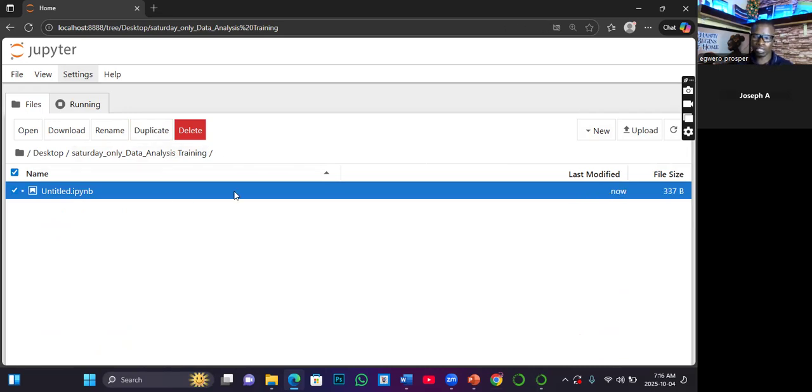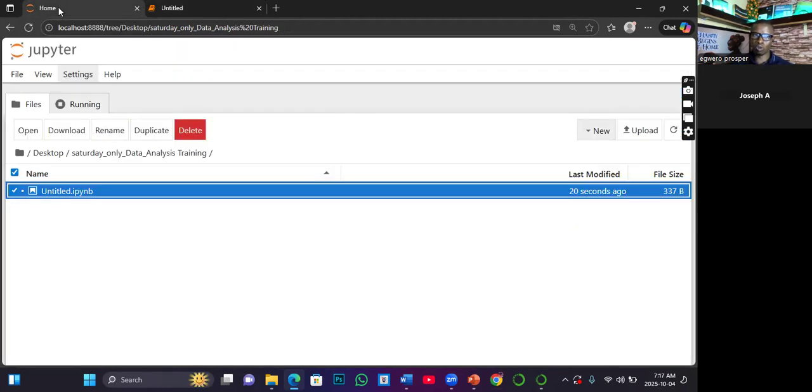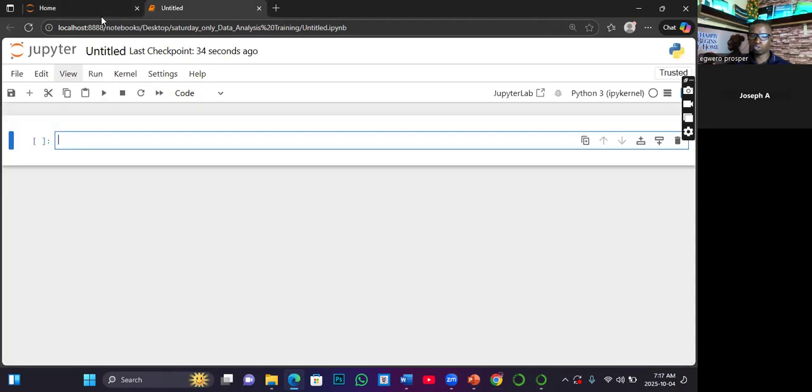In some cases, once you select it, it will automatically redirect you and open the notebook. But where it doesn't, you double click on it and it will open a different interface. This is your development environment. You can see that your cursor is blinking, which means you can start coding. But before that, remember that you now have the Home, in case you want to create another notebook, and then you have the new notebook.